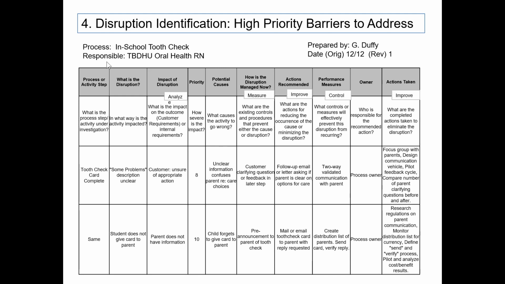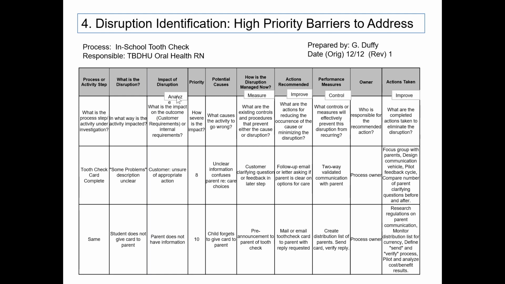This is an example of Thunder Bay District Health Unit in Ontario in Canada with work that I was doing with ASQ some years ago in oral health checks. Registered nurses in Ontario go into the schools every year and check the students' teeth. Now, this just showed us what could go wrong with tooth checks.